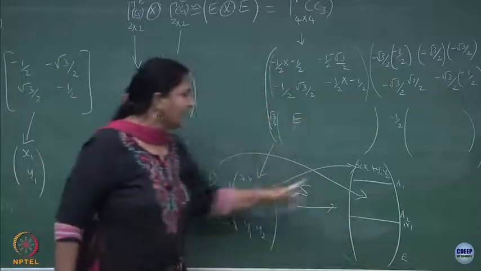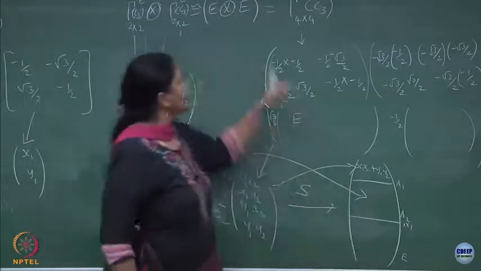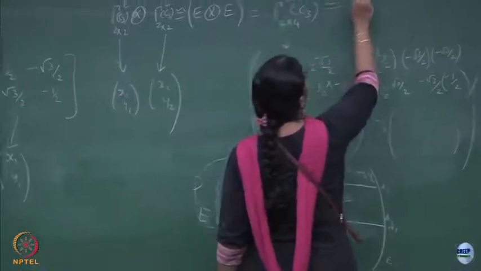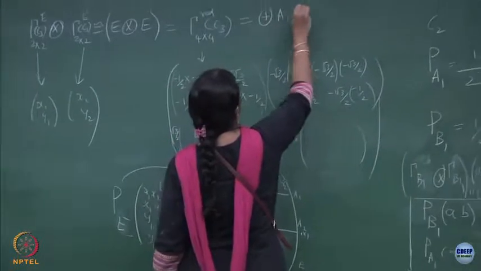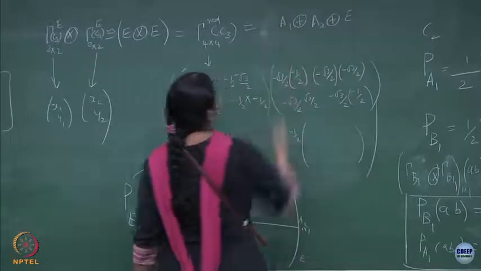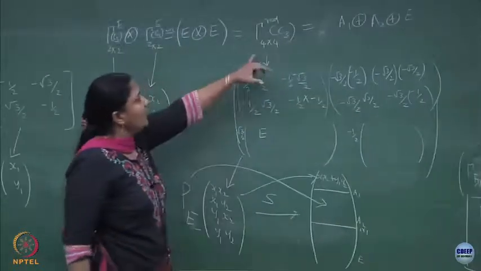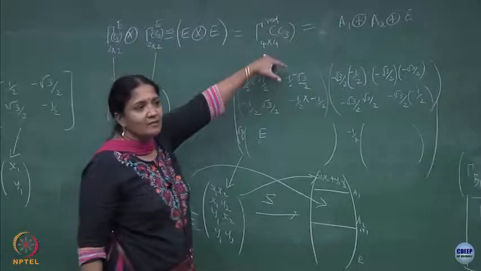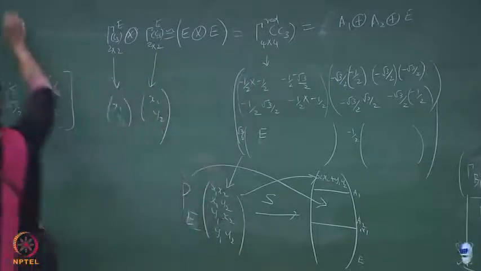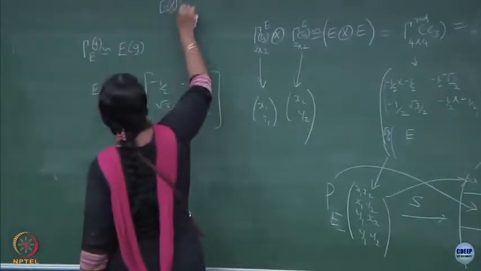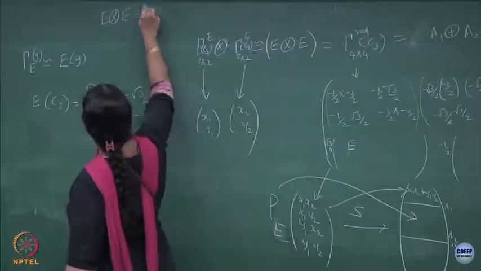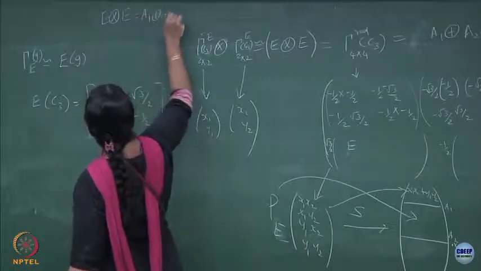And why have I said A1, A2 and E? I have not really done it here, but if you try to work this out, you will find it is a direct sum of A1 plus A2 plus E. I have not really worked it out, but this breaking is using that multiplicity argument. You can check this out. I have not done it here. So, basically I am trying to say that E cross E in the shorthand notation which I am using will turn out to be A1 plus A2 plus E.